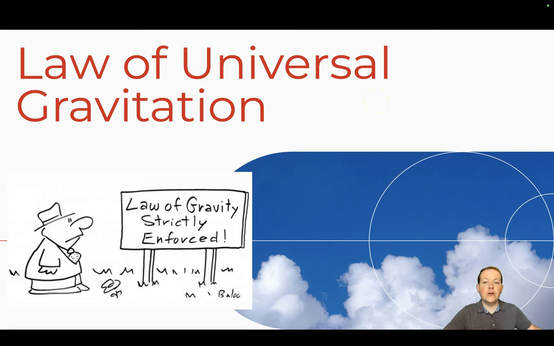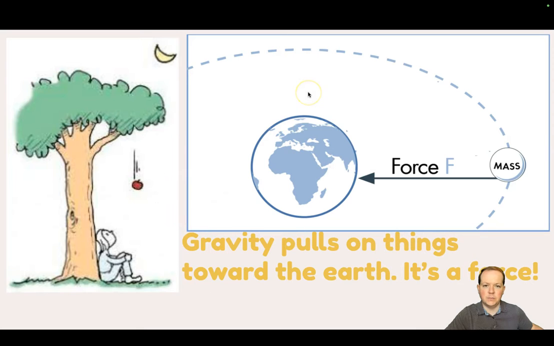Everybody, Thrasher here. We are getting into something known as the law of universal gravitation. This is a law that Isaac Newton came up with, and we also learned some of the earlier laws from Newton. This is also sometimes known as Newton's fourth law, but it's a law dealing with gravity, something that we're familiar with, at least experiencing from the everyday. We're going to see there's an equation related to it, and at the end of the video, we're going to do one example by employing our proportion style of problem solving, okay?